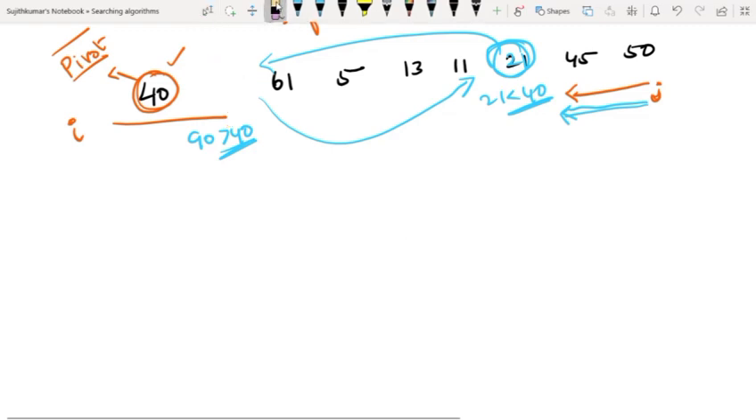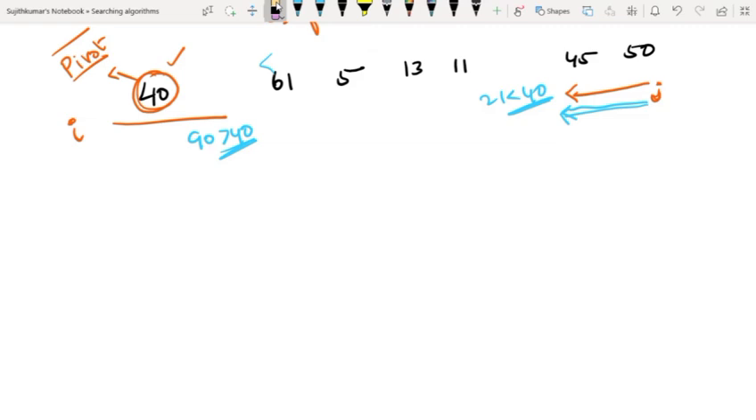So let me do that. Okay, so 21 goes here, 90 comes here, right? So I have swapped it. Okay, super. I'll erase this also. Let me not confuse you, right? All right, so after doing this,